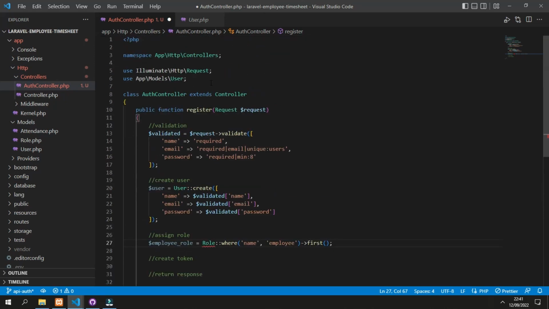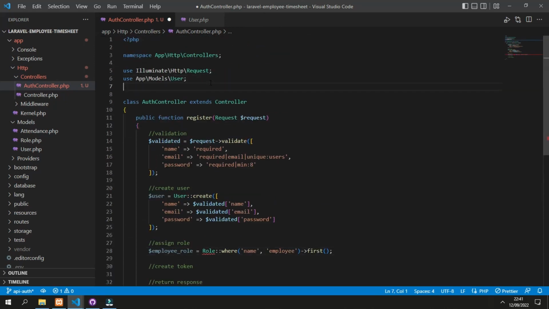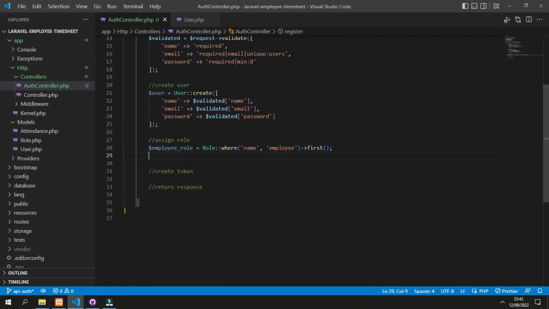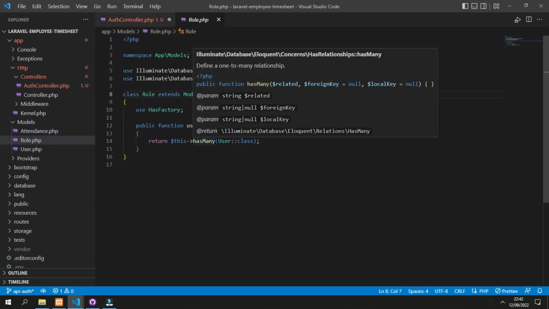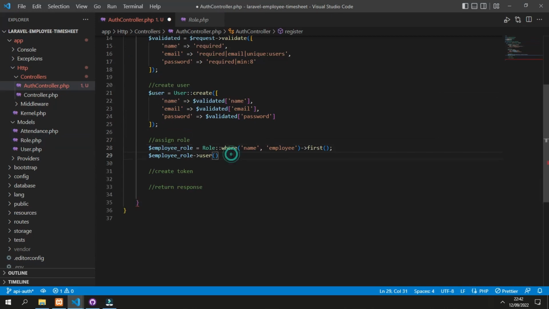At first we need to import that Role model, and next we add the user object to the role. With the employee role, it will call the user object like we defined in here. We can call the user object and let it save this user.